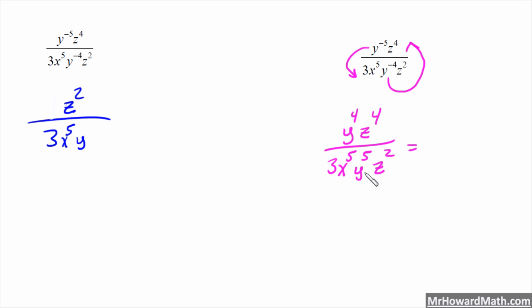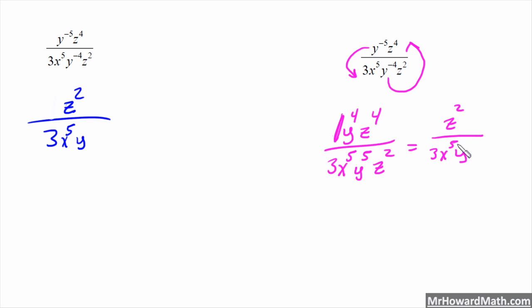So now we don't have any more negative exponents, so some students like this better. We have y to the 4th on top, y to the 5th on the bottom, so the bottom wins the y by 1, y to the 1st. We have the 3x to the 5th already on the bottom. We had an implied 1 here, remember, so the 1/3, we can't handle that any differently. And then the x to the fifth, there were no x's up here to make any changes, so we left that. Now for the z's, z to the fourth, z squared, the top wins the z's by 2, so